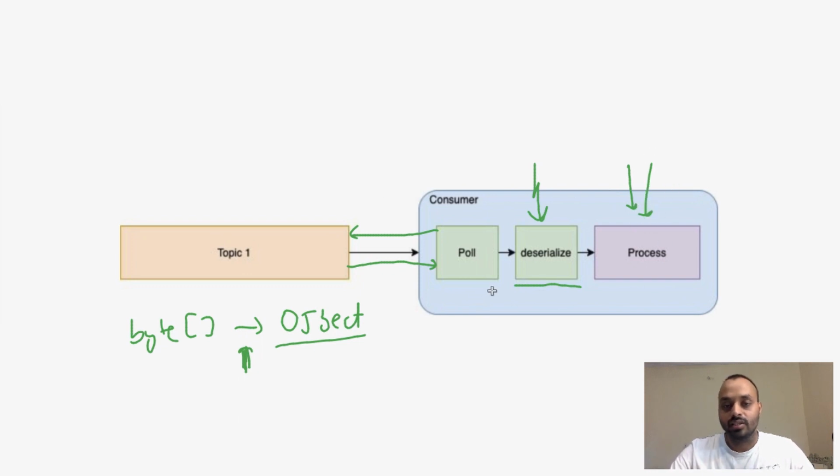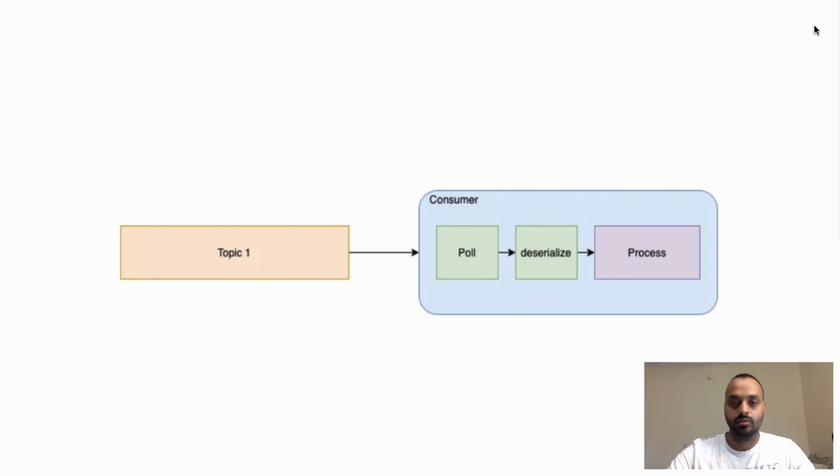The deserialization and polling happen inside the library which you will be using, so you just have to write the processing part. While creating the instance of this consumer, you need to provide some configurations, like which topic you need to connect to, and the IP or DNS of the Kafka, and a few more configurations. We will cover these important configurations in some other video. Okay, so let's get back to the slides.